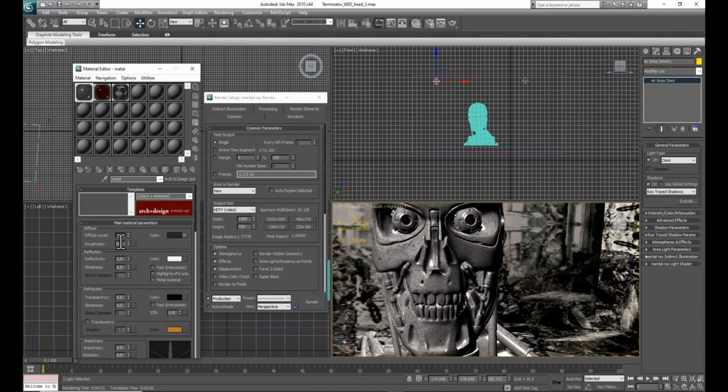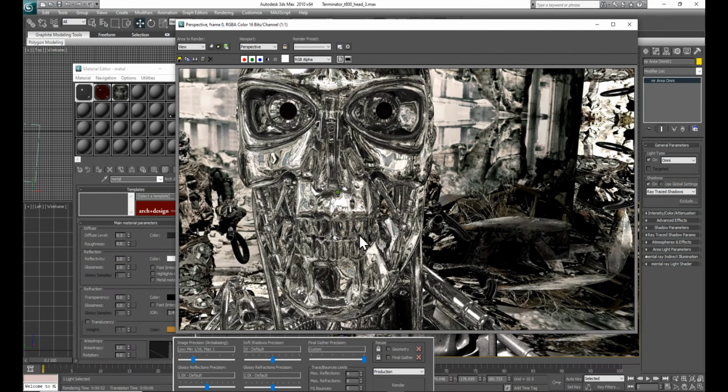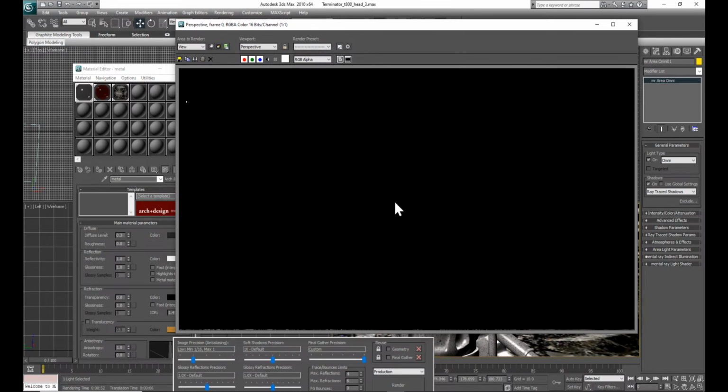So diffuse color, let's not put it at 1, that's the lightest possible. Let's put diffuse color at 0.3, so it's going to go darker, like dark metal. Okay, let's go ahead and render it like that. Let's go ahead and have a look. Darker metal. It was so light, and we're going to darken it up a little bit,